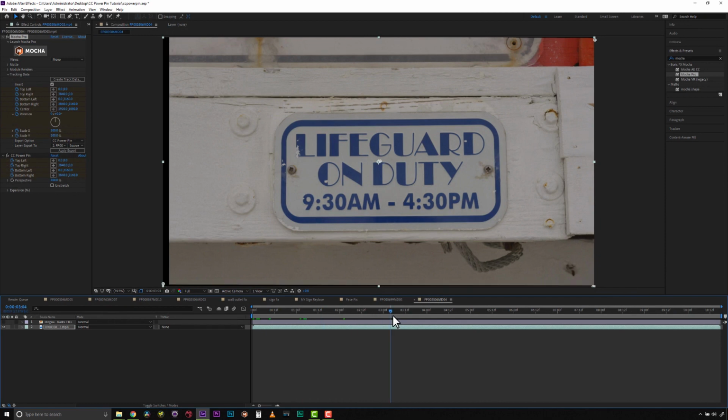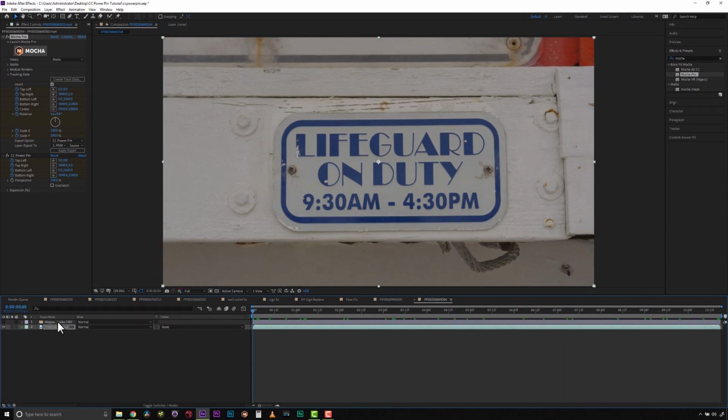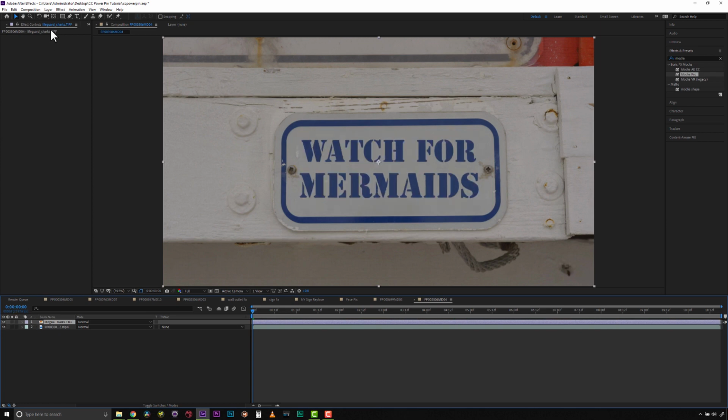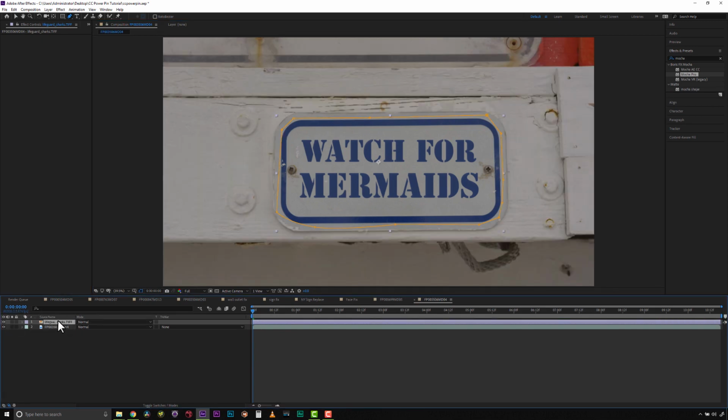Now, my shot should be stabilized, and I can paint or composite as I so choose, just like I would in a still Photoshop file or a locked-off shot. Please note, the stabilization will be most accurate at the location the track was created from. So, try to track where you want your elements to be composited, or at least try to find coplanar data for the locations you need to track.